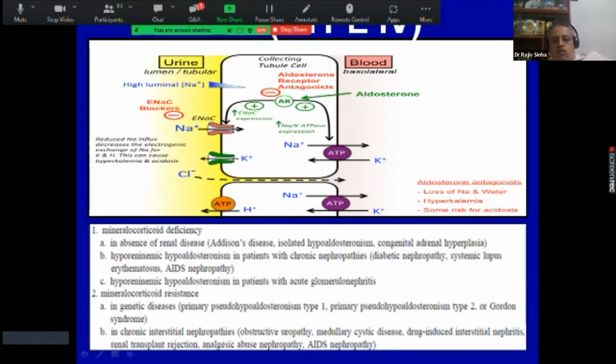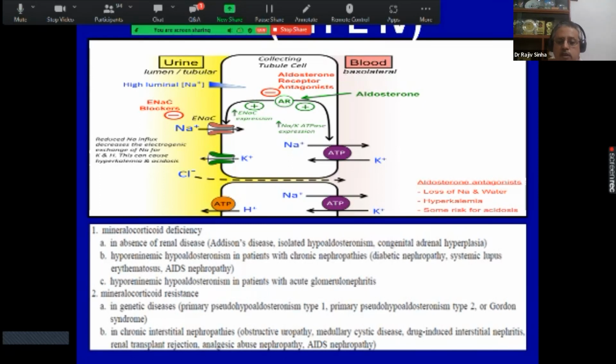Aldosterone deficiency, obviously the one that comes to mind is Addison's disease and congenital adrenal hyperplasia, but also we have conditions like hyporeninemic hypoaldosteronism with chronic nephropathy. We see it with SLE in adults, and with diabetic nephropathy also. Also, hyporeninemic hypoaldosteronism can be a presentation with acute glomerulonephritis. And for the mineralocorticoid resistance, the commonest is the